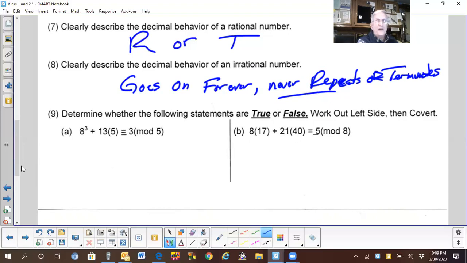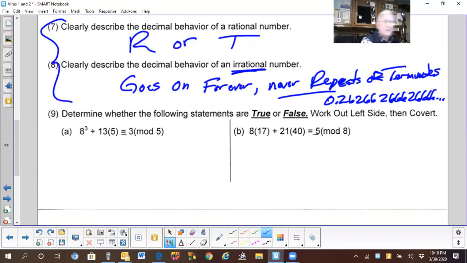please remember that an irrational number can show a pattern. Remember, like 0.26, 266, 2 followed by 3 sixes, 2 followed by 4 sixes to infinity, right? So remember that, okay? It may show a pattern, it does not have to, okay? So you need to know the answers to these two for sure when you take this quiz this weekend, okay?